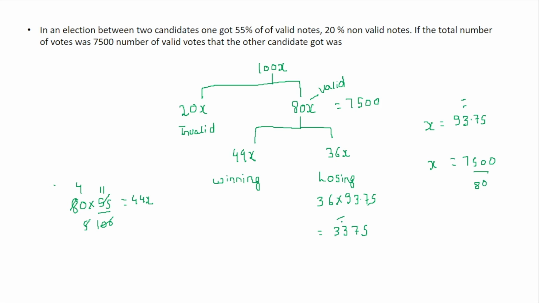If I ask in the question, the examiner can ask you anything. He can ask the number of votes got by the winning candidate. That will be 4125. How do you calculate? 7500, that is the total votes, minus the votes received by the losing candidate. So you get the votes of the winning candidate, which will be 4125. The examiner can ask in many ways, but the approach will remain the same. We use this approach when solving the question.